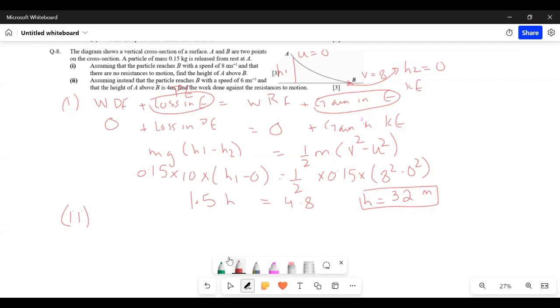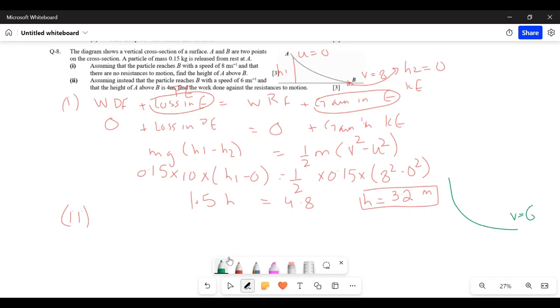Assuming instead the particle reaches B with the speed of 6 and the height of A above B is 4, find the work done against the resistance to the motion. अच्छा, अब कोई रेजिस्टेंस एग्जिस्ट कर रही है और उसका वर्क डन पूछा। Okay, so now the parameters have changed. The final speed is now 6,